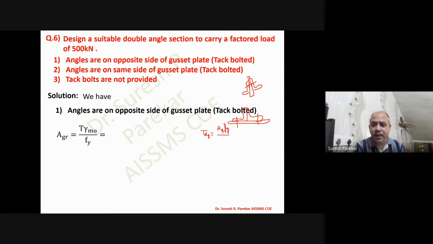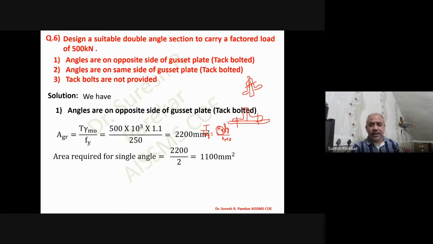So we have this upon gamma M. And now you can see, I have just made the changes. This TDG I have considered as T. And by this I will get AG required, I made it as T gamma M0 upon Fy. And from this I will calculate the value, that is 2200 millimeters square. And then we have decided the angle section, or considered the angle section for 1100 mm square, which will be 9068. Now area required is 1100. We have provided 1137.